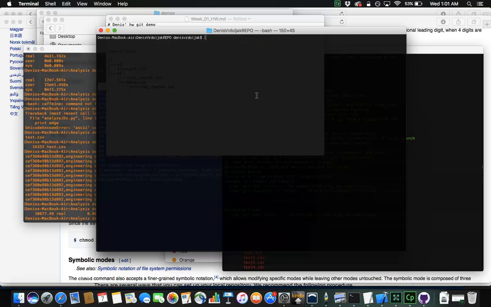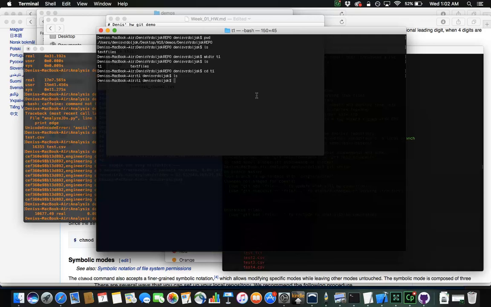And clear that out. So we're in this directory and we have a folder of text files within the directory. So the first thing we'd want to do is make a folder T1. And then you can see we have that folder there. Go into that folder, empty folder, make a directory T2, T3,